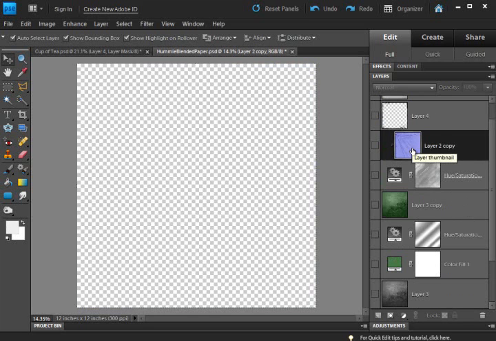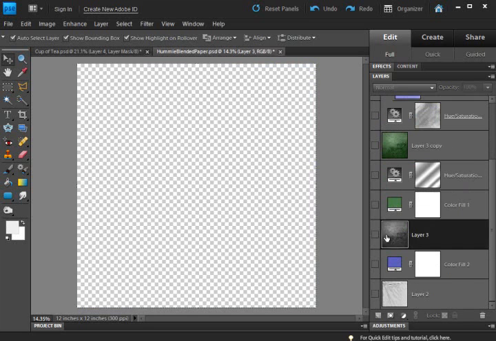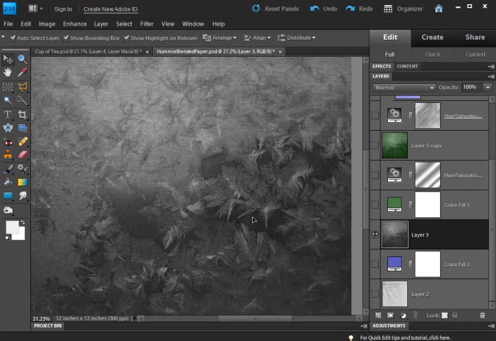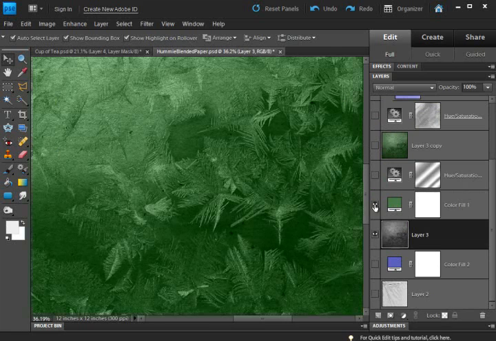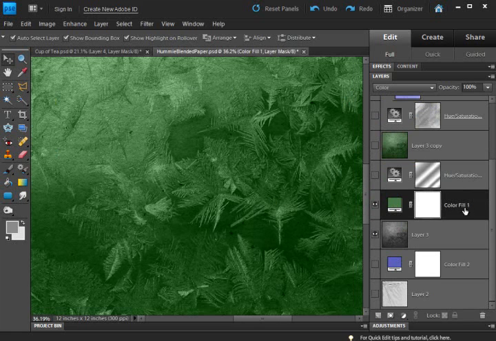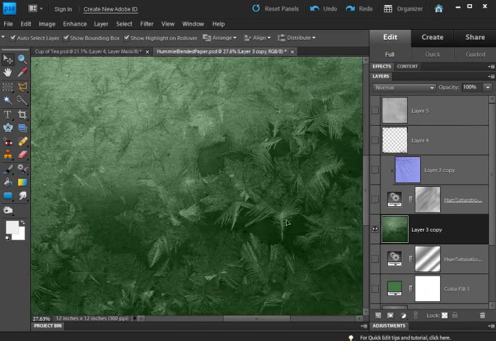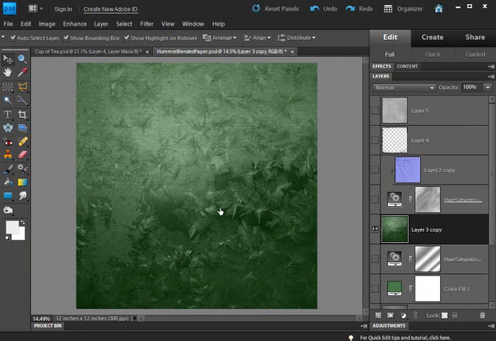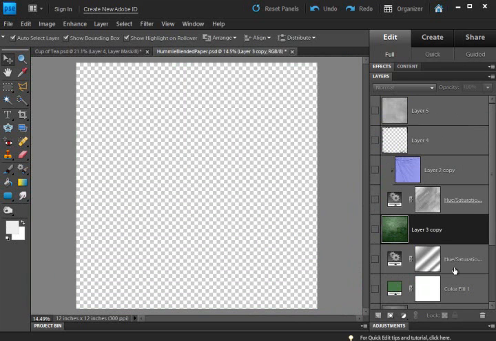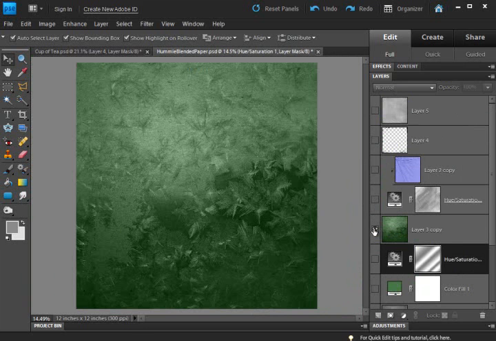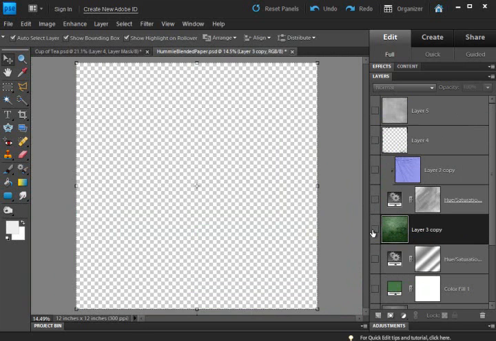with this layer here. And I did the same thing with this CU paper, and because it has all these fern-like things in it, I decided to use a green, and this is actually using a color blending mode. And the same thing, I right-clicked and merged down, and that is how I got this layer here. I actually recolored it a little bit because I thought it was too bright. This is just a saved layer that I was working on, but let's go ahead and look at this a